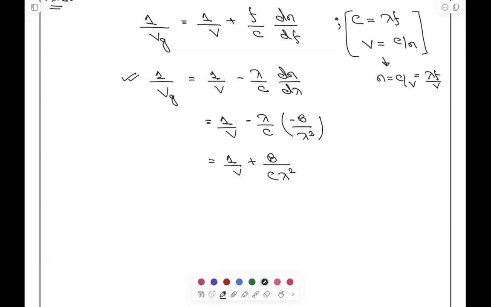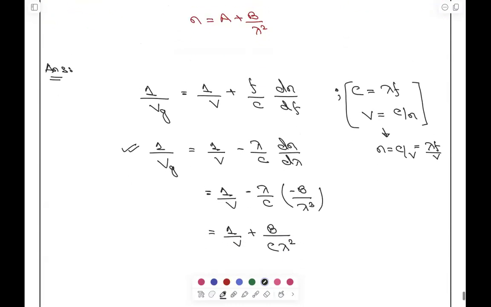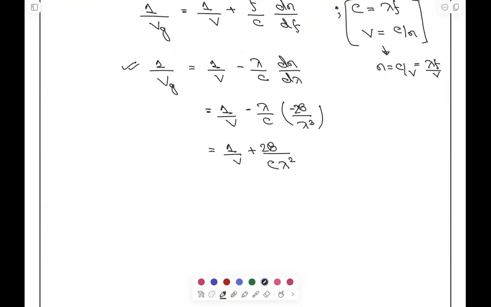तो what you can say, माइनस b अपॉन लैम्डा क्यूब होगा? माइनस b अपॉन लैम्डा स्क्वायर, हाँ 2 भी होगा ना, माइनस 2 भी होगा, doesn't matter। ठीक है, got it। So from here which is higher, vg or vb? If I take 1 by v as common, it will be 1 plus 2b